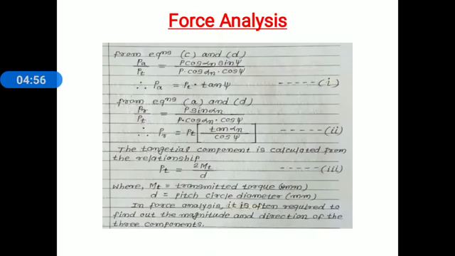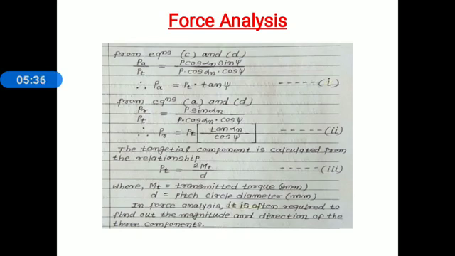Dividing equation C and D, on the left hand side, axial force divided by tangential force is equal to, on the right hand side, P cos alpha suffix n into sin psi divided by P cos alpha suffix n into cos psi. P cos alpha suffix n and P cos alpha suffix n get cancelled, and therefore the axial component is equal to tangential force Pt into tan psi. Sin psi divided by cos psi is tan psi, and therefore the axial component is Pt into tan psi. Consider equation 1.